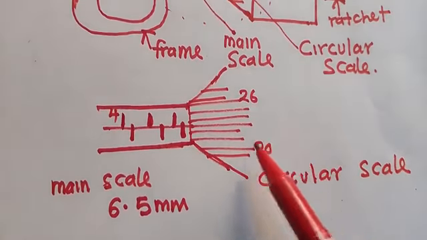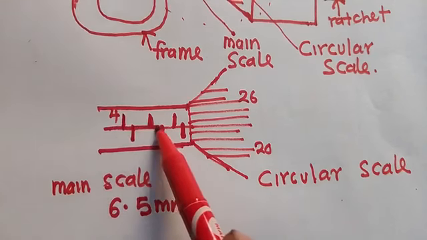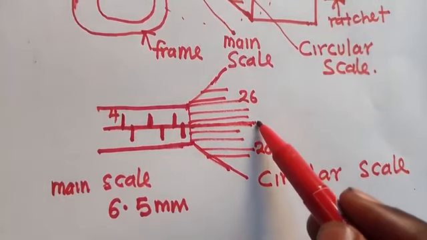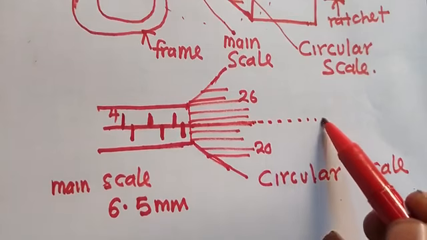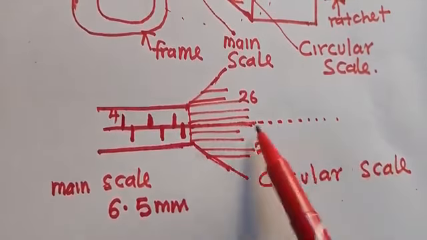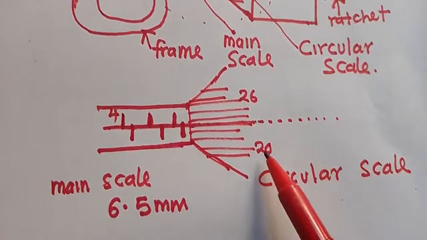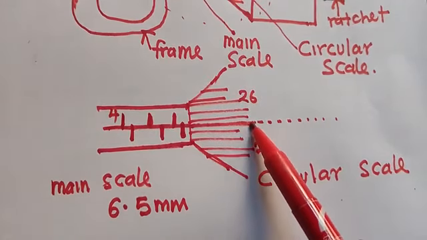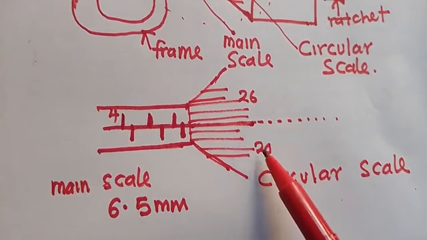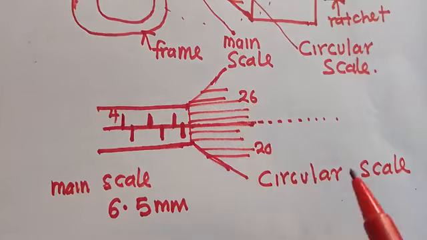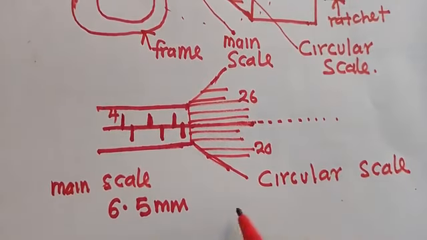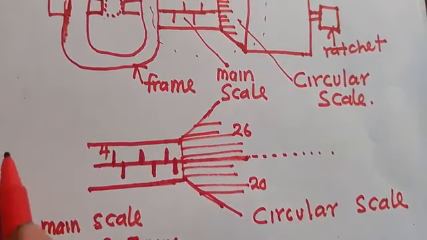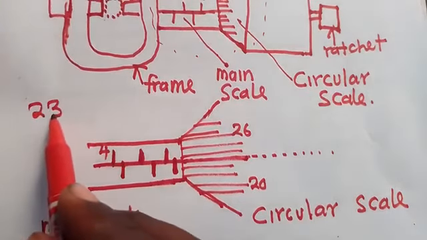On the circular scale, you check a line that is straight like this. So this is the part we need to concentrate on. These numbers, 20, then it is going up like that: 20, 21, 22, 23. Numbers are increasing going up there. So that is 23. So I'm going to say 23 times